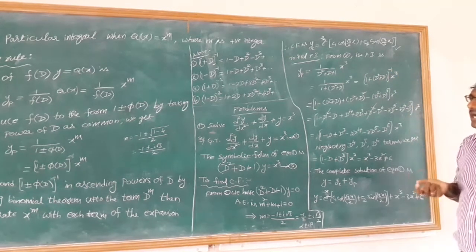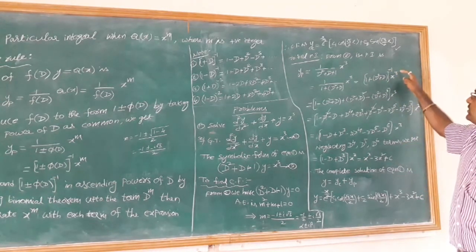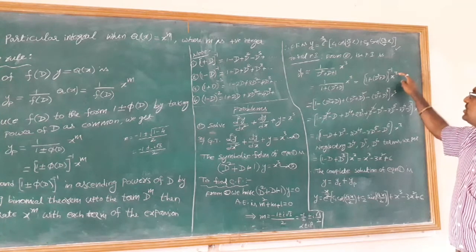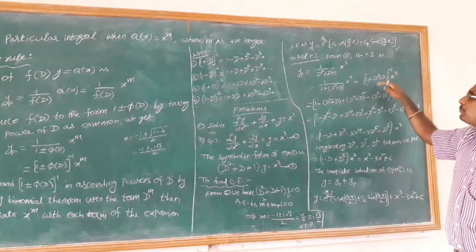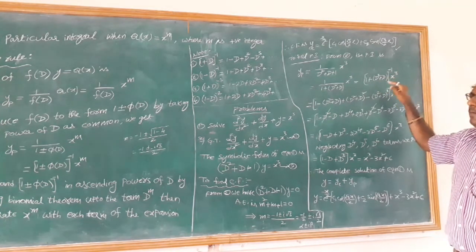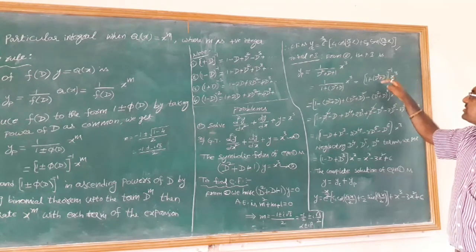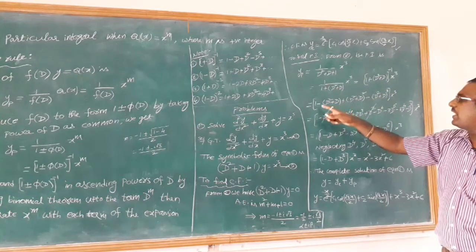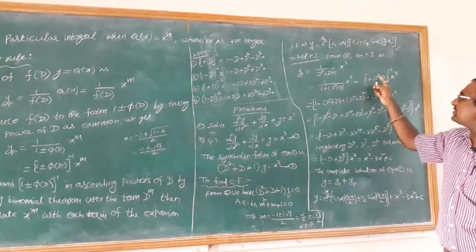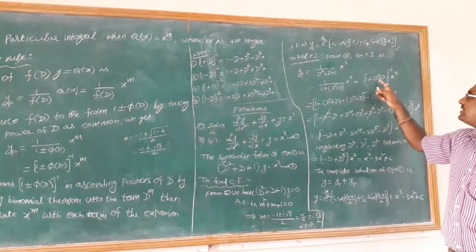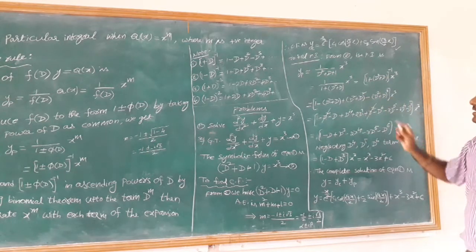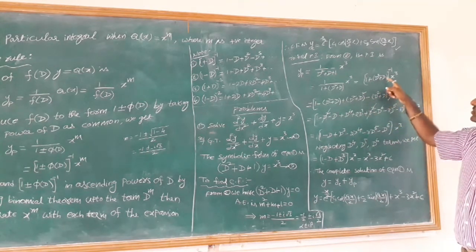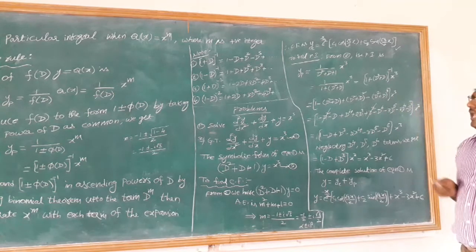How many terms do we have to write? That depends on the power of x. What is the power of x here? The power of x is 3. So that's why we can expand this up to the term d cubed. Here d means d square plus d. Right? Now I am using that formula. By using that formula, 1 minus d, where d means d square plus d, plus d square means d square plus d whole square, minus d cubed, where d cubed means d square plus d whole cube, into x cubed.